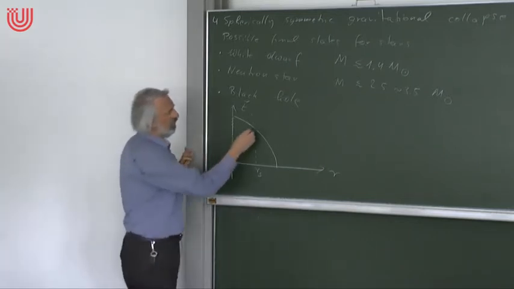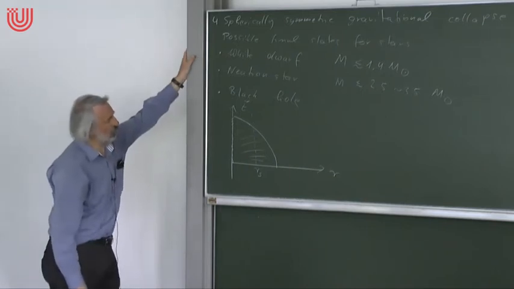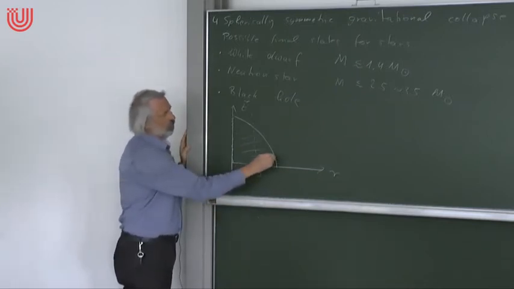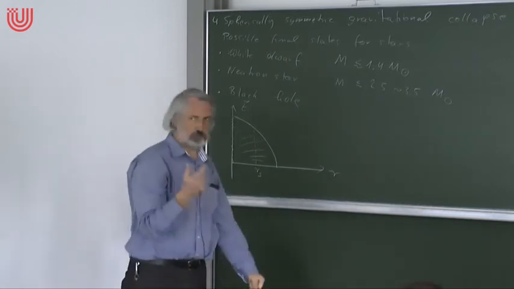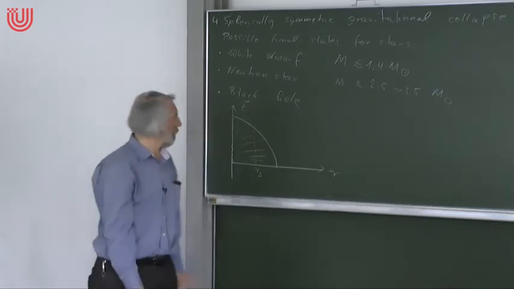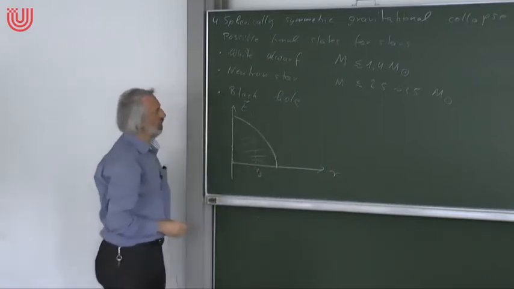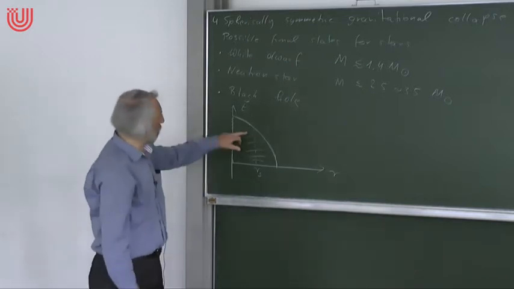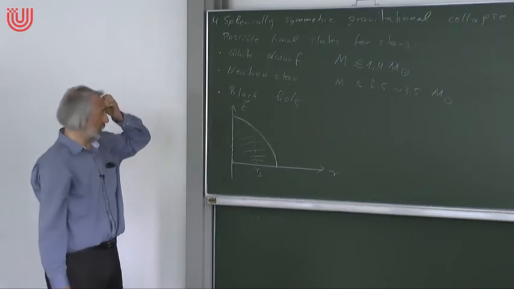The argument is, of course, that in this region the Schwarzschild metric is not valid. The vacuum Schwarzschild metric is only valid in this part. But the surface of the star is certainly formed out of matter volume elements which have to move at subluminal speed. And because they border on the vacuum spacetime, they have to move on time-like curves in this vacuum spacetime. And time-like curves in this vacuum spacetime have to go to the singularity. So we know whenever it has crossed the horizon, then the star must collapse to a singularity.